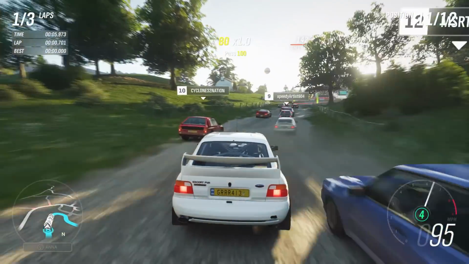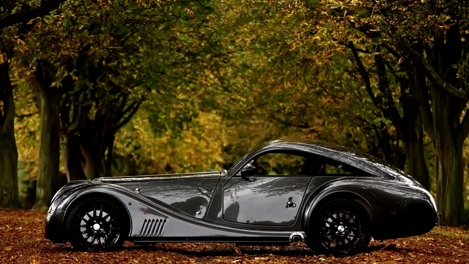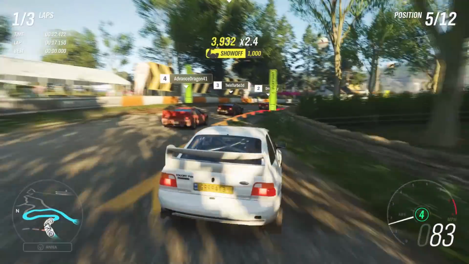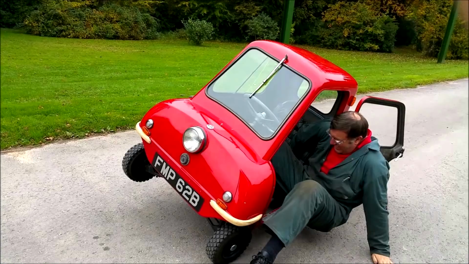Next up, like the Ascari KZ1R, we have the 2010 Morgan Aero SuperSports, which has already been in a previous Forza game. However, it has been quite some time. Next up, we have the 1958 Morris Minor 1000. I wonder if any pianos are going to drop. Then after that, we have the smallest car on this list, which is the 1962 Peel P50, followed by the